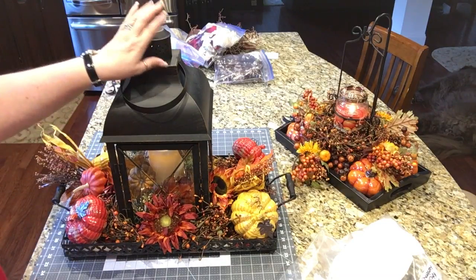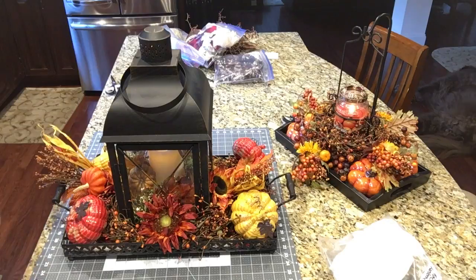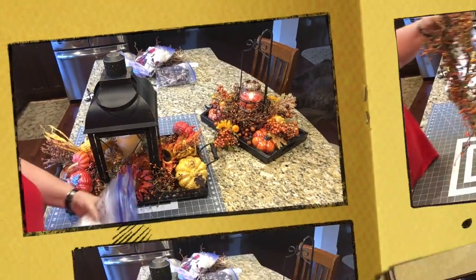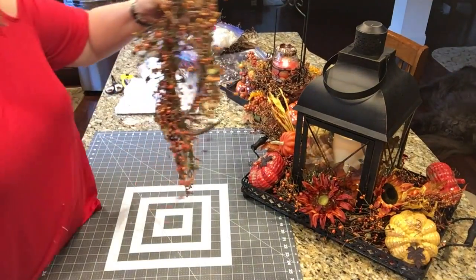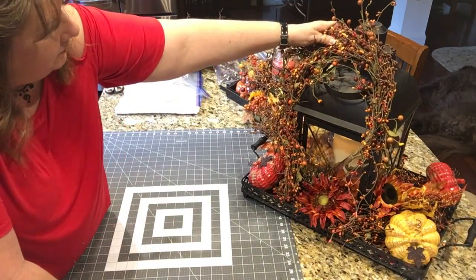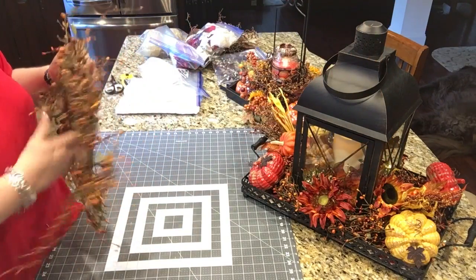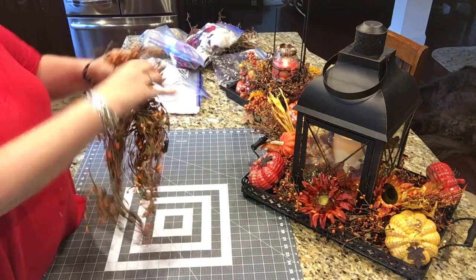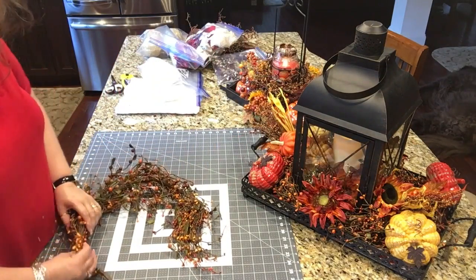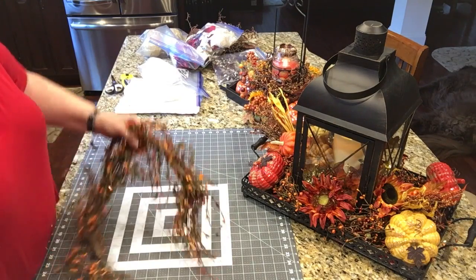Now I'm going to make a swag topper. I'm going to make a funky bow and add some florals to it. Let me figure out how big and bold I want this thing to be. It's fall and it's the holidays, right? So should I go for it and make it big and huge? Like that? Thinking I don't want it quite that loud, to be honest. So I think I would rather it